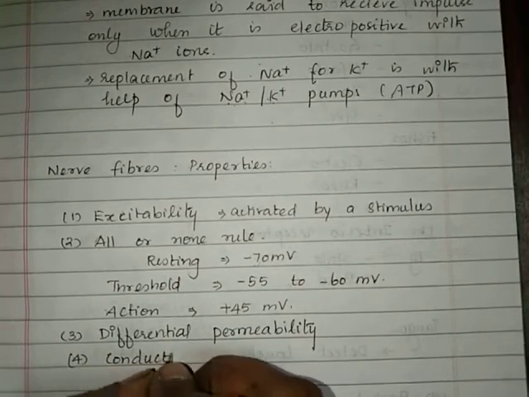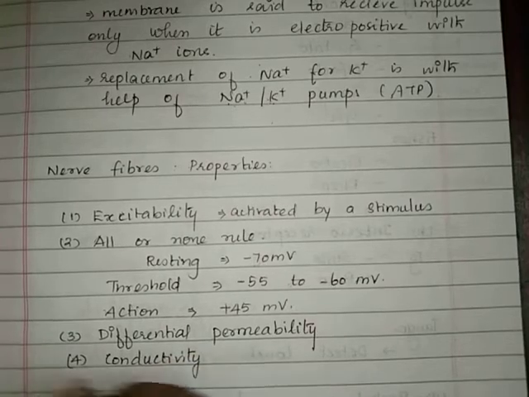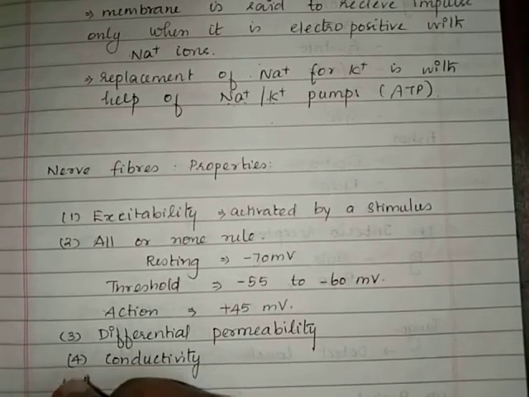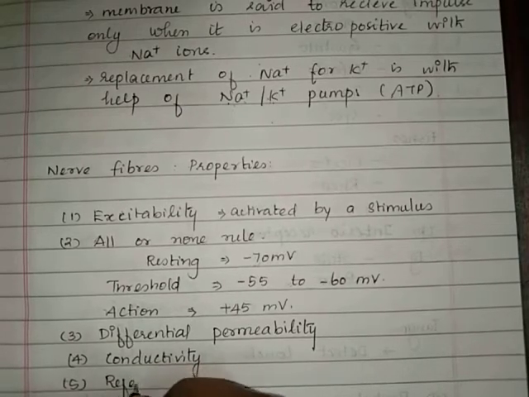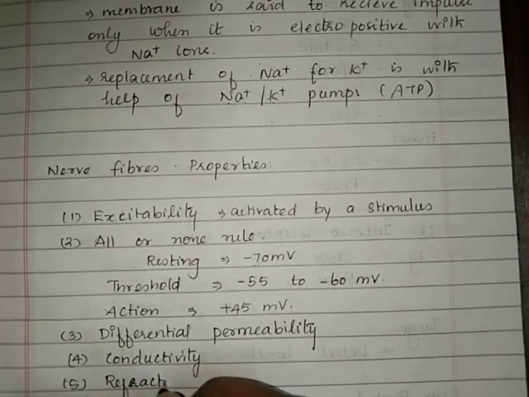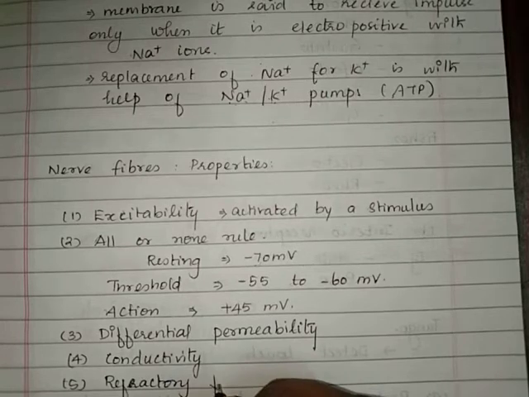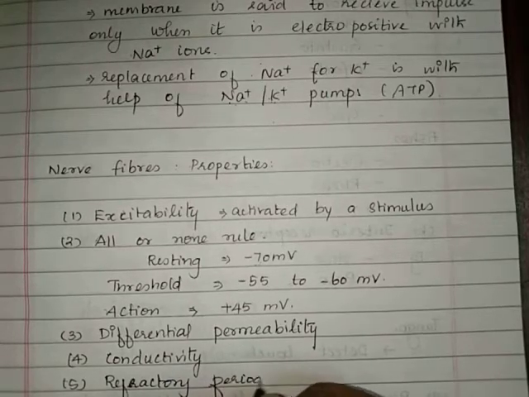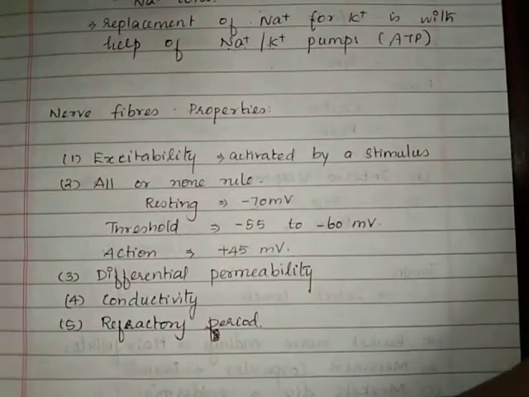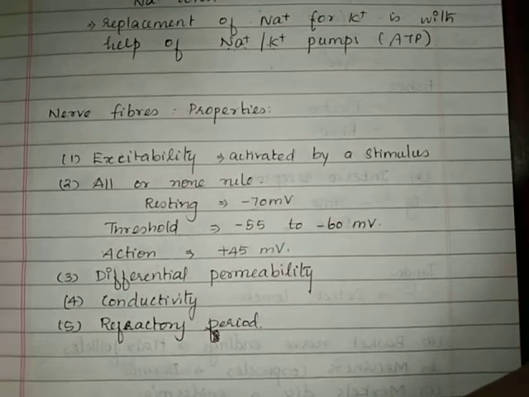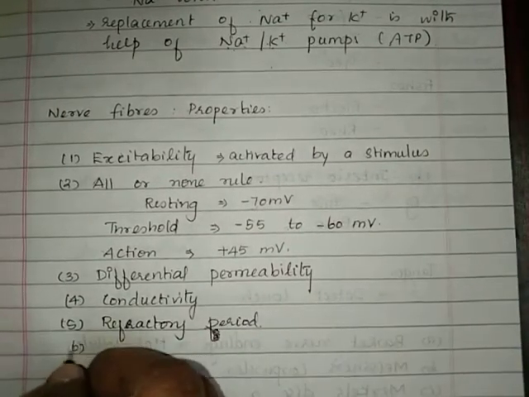That is, they allow the flow of electrons across their membrane, so they have that property also. And then we know the refractory period, which is the time taken, a refractory period that is used by the nerve fibers to replace their charges. The next is